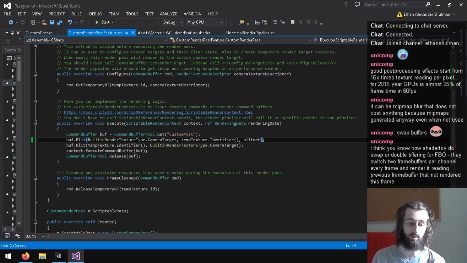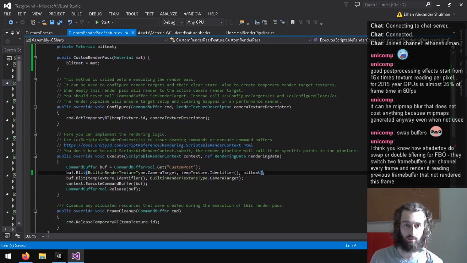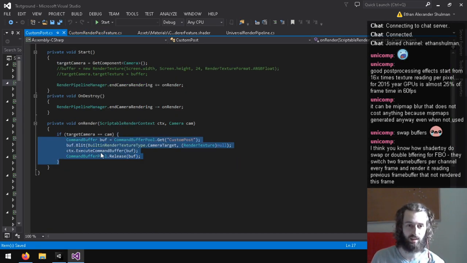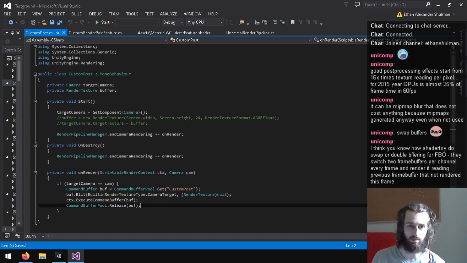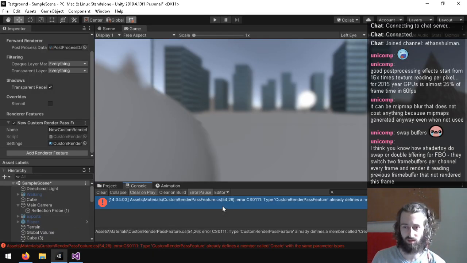That is convoluted. My god. And part of what I hate about this is you just blit back and forth between these two textures, just unneeded. So it's actually, I think, more efficient for me to do my own on-end camera rendering, and then I can just blit directly back to the screen, because I know it's going to be the last